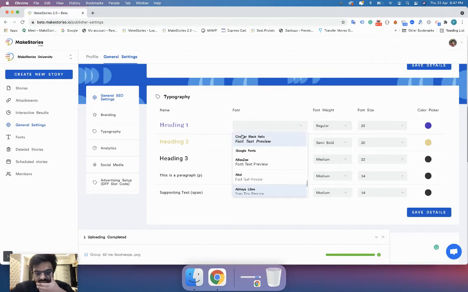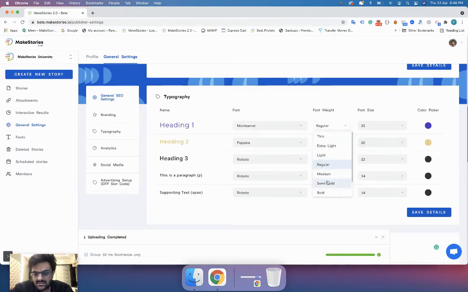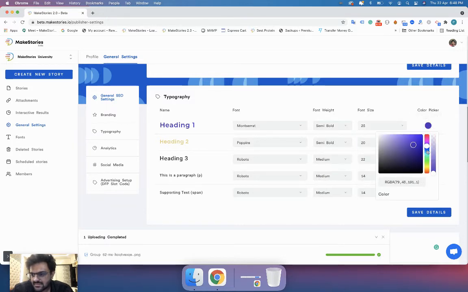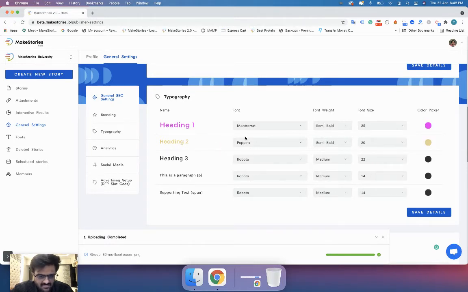So let's say if I'm running an agency and I need my heading text to be in Montserrat, let's say semi bold with a size of 25, and then purple, and then my heading 2 is Oswald.